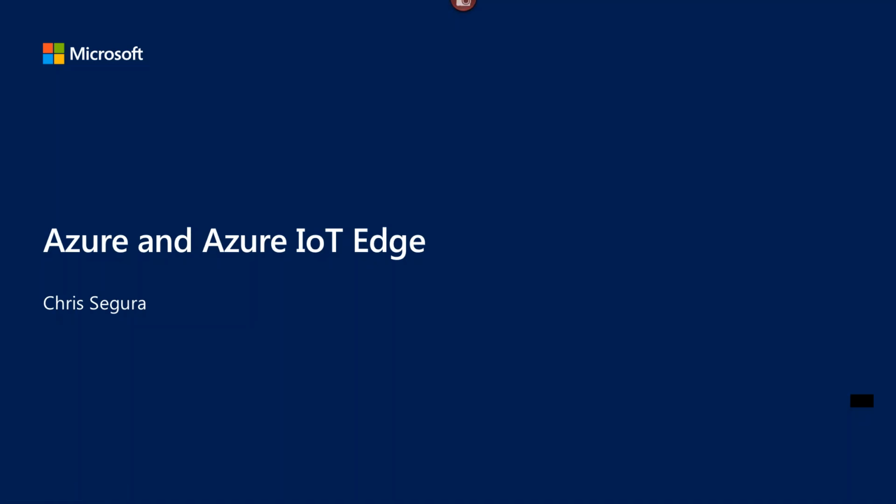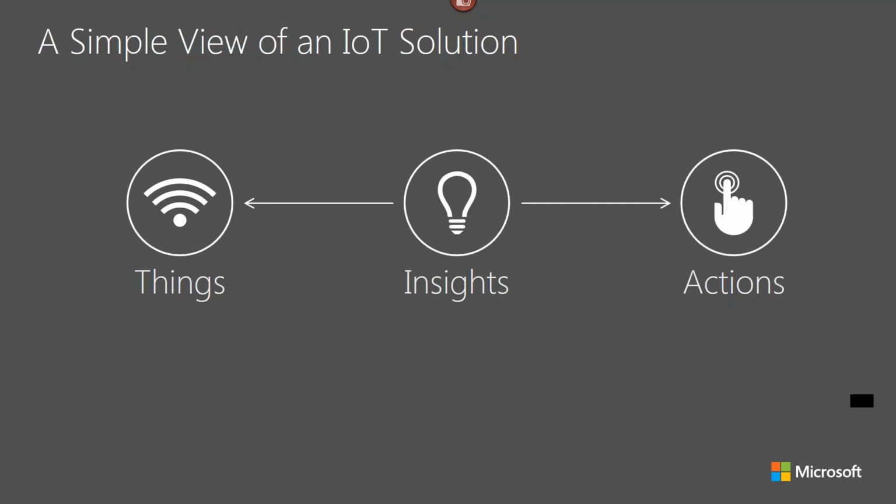To get us started, I'm going to spend a little bit of time explaining at a very high level Azure IoT services, including IoT Edge. I think it's worthwhile for you to understand our viewpoint and how all of these services fit together to complete a solution. Then I'm going to walk you through using machine learning, using intelligence, and putting that at the edge, on devices, and walk you through a few scenarios that really highlight the advantage and use cases of intelligence at the edge. So let's go ahead and get started.